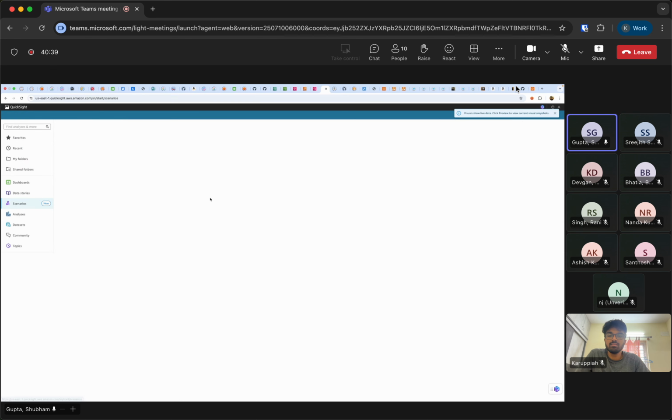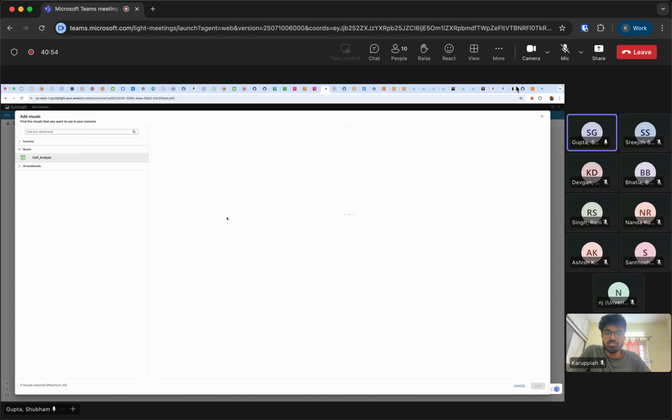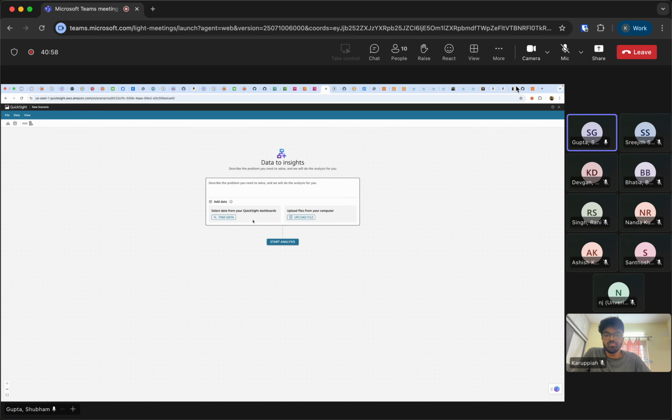We also have something called as scenarios here. So maybe you have not yet arrived at your story. You want to experiment and see what is happening actually. So you have something called as scenarios. So again, the concept is same. You select your dashboards, reports, whatever data files you want to select here, and you can actually do the if else scenarios.